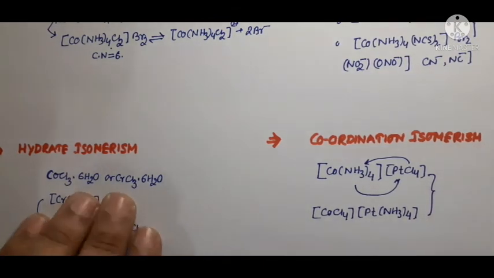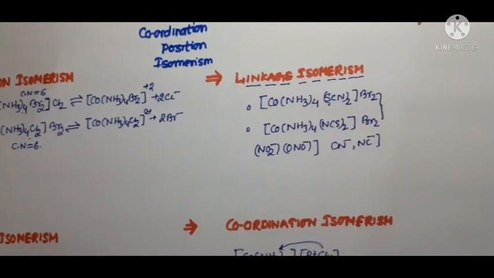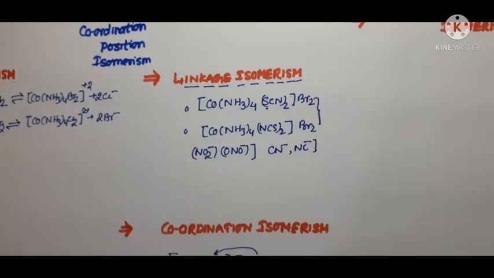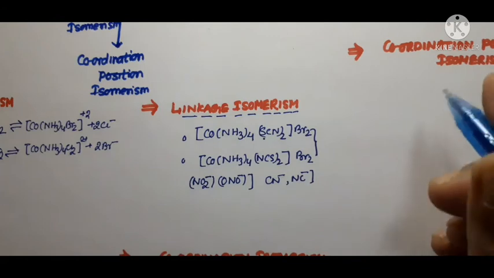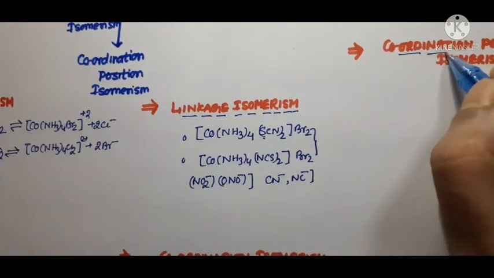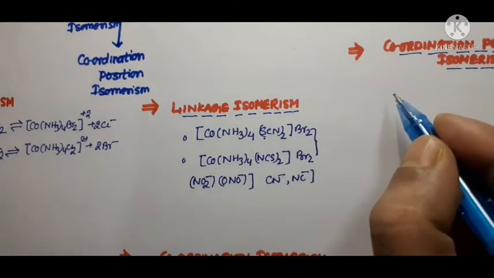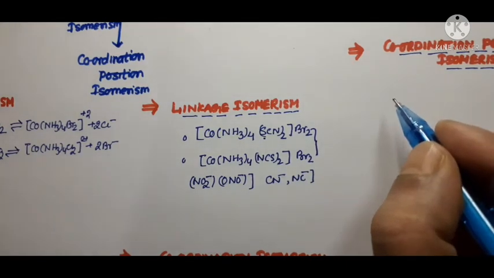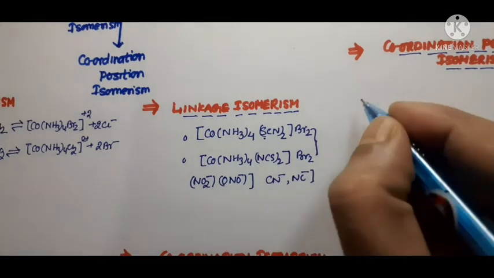Now the last part is coming, that is coordination position isomerism. Such isomerism occurs when bridge ligands are present, or a bridge complex is taken as an example, and such isomers arise due to the symmetrical and unsymmetrical arrangement of the ligands. This can be better illustrated by taking the given example like this: